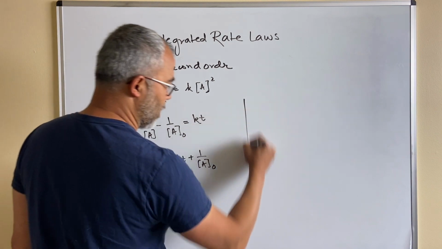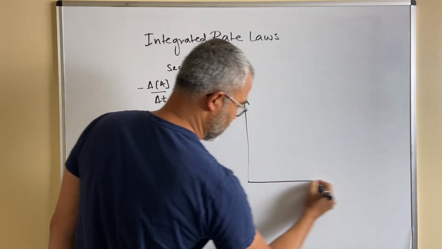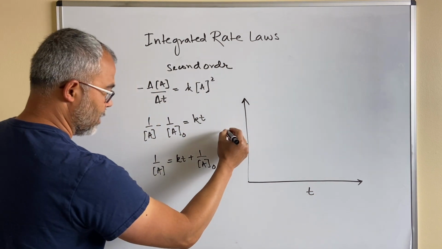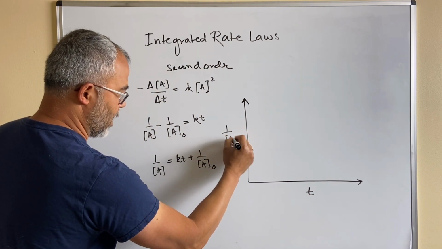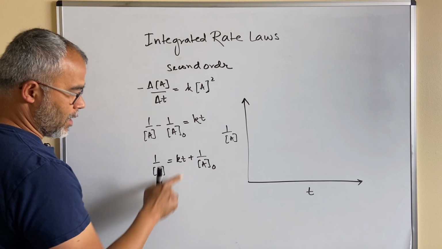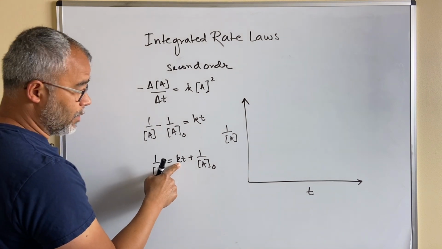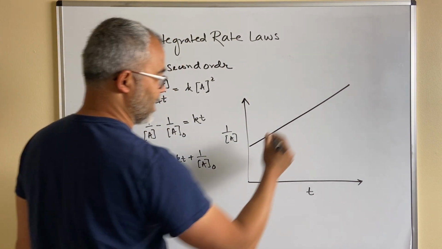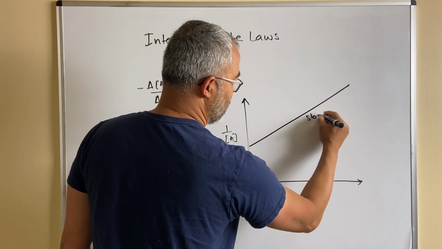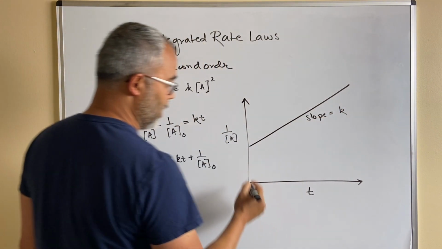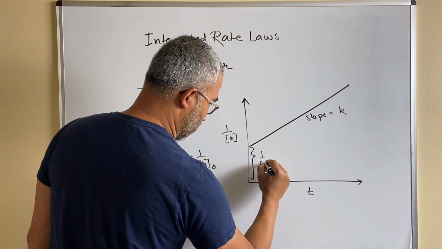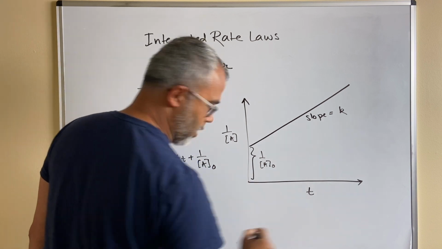And then if we plot this, that's the t, this is the 1 over A, and then notice carefully it has a positive slope, okay? So that graph will look something like that. The slope of this line is equal to k, and that is the y-intercept, which is 1 over A naught,